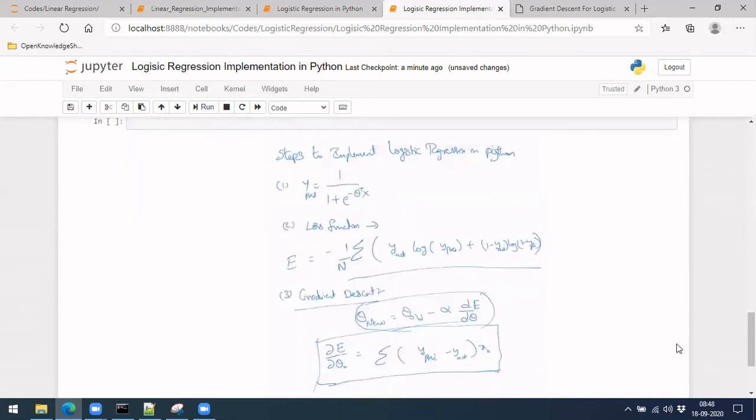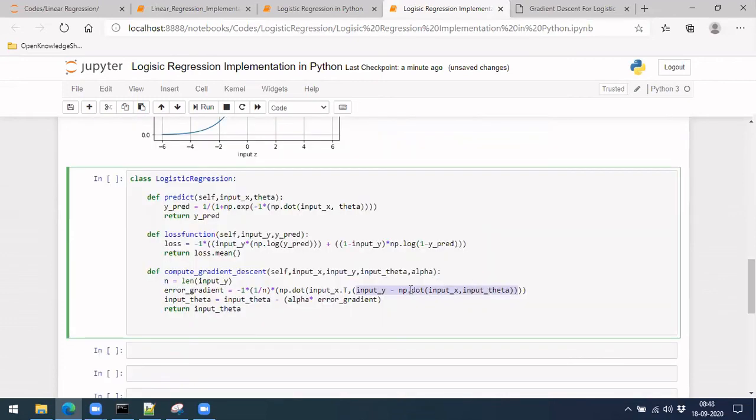This is where we need to slightly change things, maybe. Because this is not directly our y prediction, right? Here we want this y prediction rather than just the dot of theta, because our y prediction is not just np.dot of theta. Instead, it is this big one. So what we'll do is call this function here.